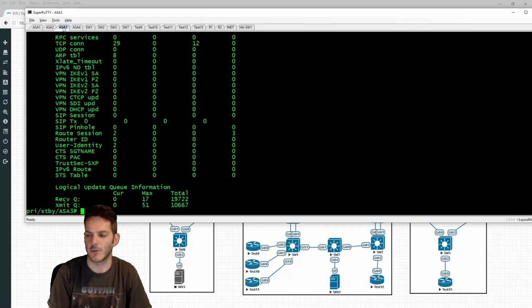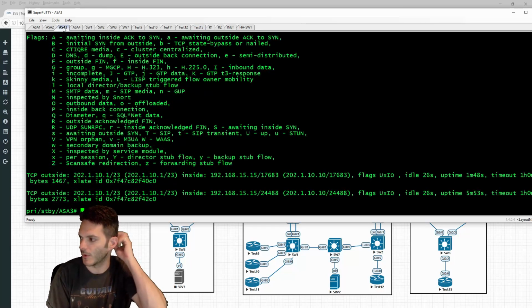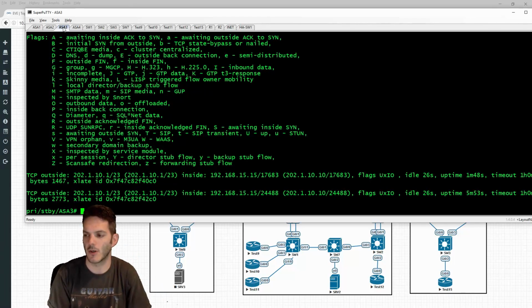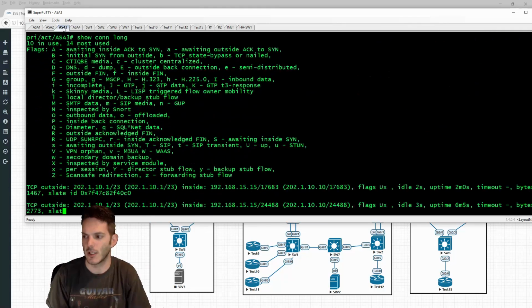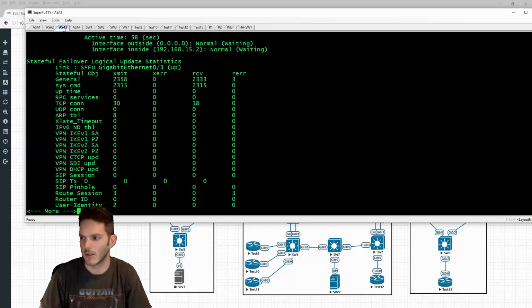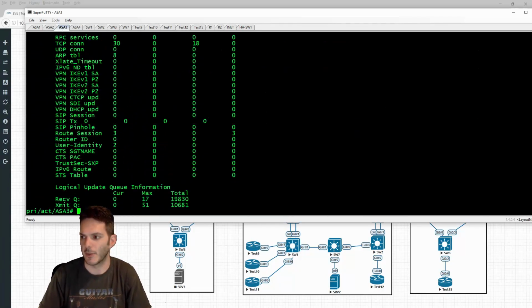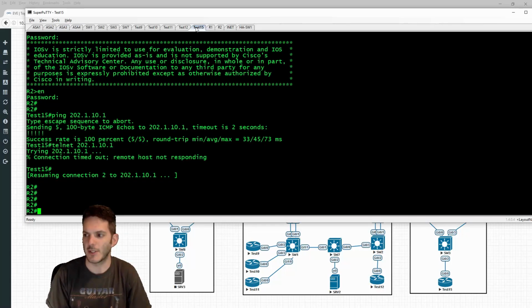But the simple matter is, we do a show con long. We can see the session going back and forth. We know that it's working, so then we can go ahead and type in failover active. He becomes the active guy again. Do a show connection long, and the sessions are maintained. If I do a show failover, the connections are incrementing. That doesn't necessarily mean a whole lot at this point, but that's basically what's actually happening. So it is working to a degree,